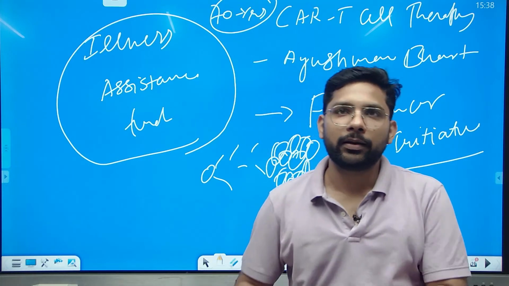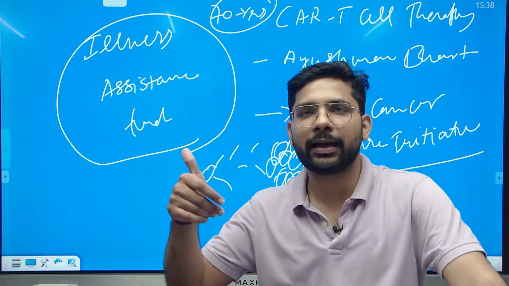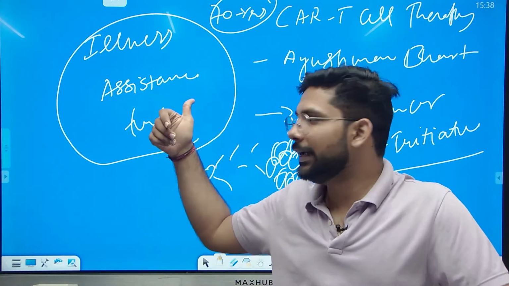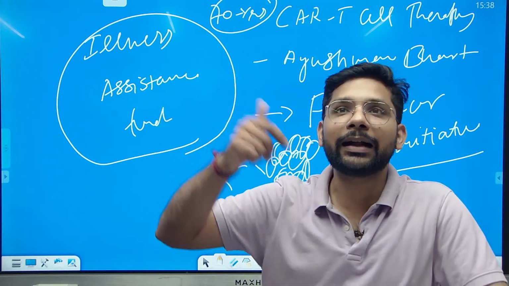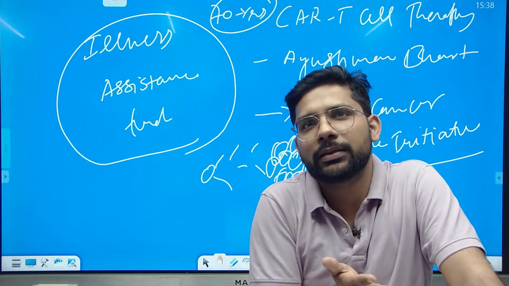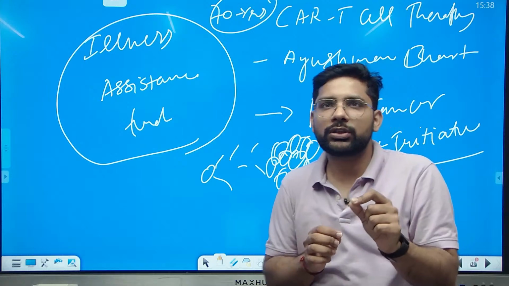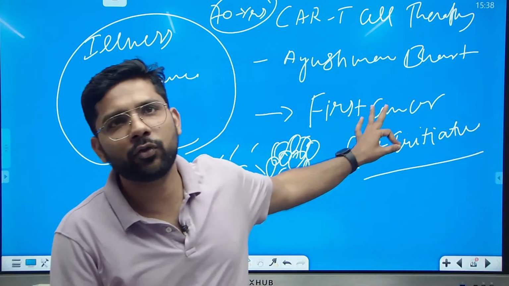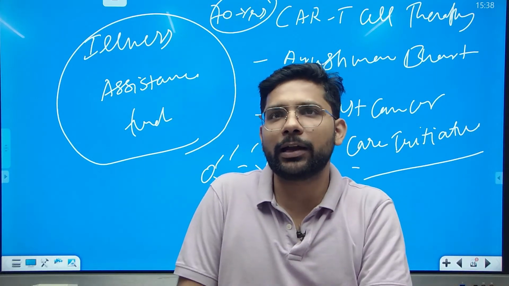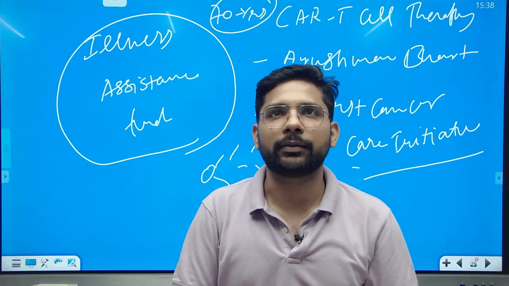Related to this topic, you should know about the different kinds of cells, like white blood cells, क्या हैं, WBC, RBC, B cells, T cells, the DNA we discussed, the chimeric DNA, the CAR T cell therapy you will discuss, the types of cancer you will discuss. This is enough, जो आज हमने पढ़ा है देवग्रह. This is more than enough. If there is any question in your prelims, that can be easily answered from this discussion. इससे बाहर जाने की आपको जरूरत नहीं पड़ेगी, but focus on the basics of biology. टी सेल्स क्या होते हैं, बी सेल्स क्या होते हैं, उसके बारे में आप देख सकते हैं. ओके,